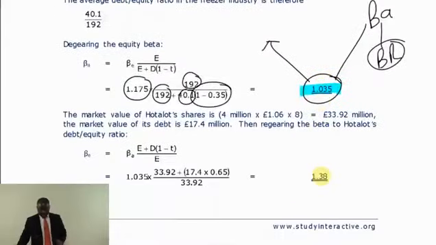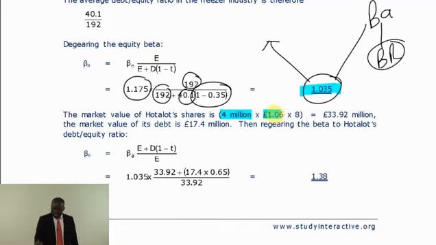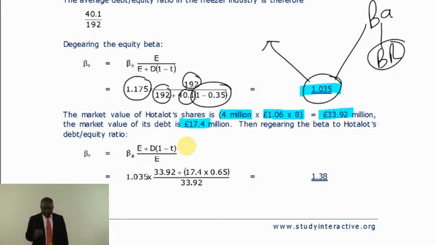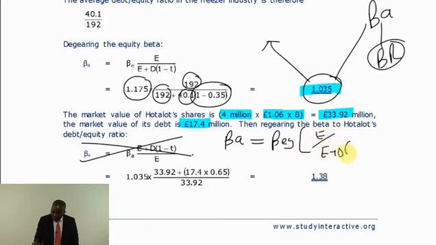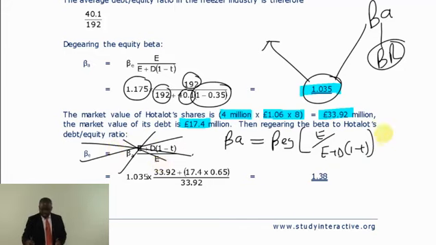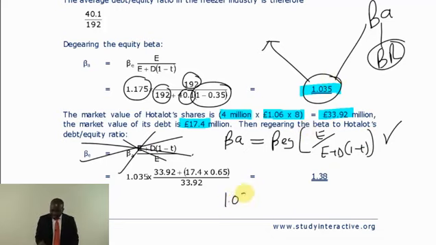So when you come here, you see we pick the 4 million divided by 1, which is 4 million, multiplied by the earnings per share and the PE ratio. This is the market value of equity, and this is the market value of the debt. Put it in the formula. As I told you, I don't normally want to bother you with so many formulas. I would have still done the geared beta equals the asset beta times equity over equity plus debt times 1 minus T, because this formula is not in the exam room. This is what you will see in the room. So I would have done, now my business risk 1.035 is equal to, this is what I'm looking for.